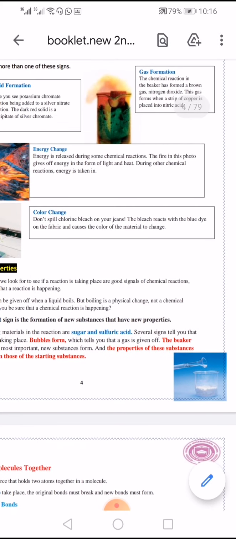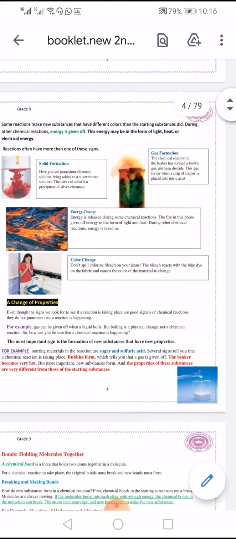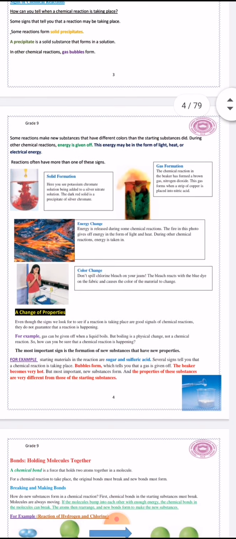Bubbles form, which tells you that a gas is given off. The beaker becomes very hot. There is another sign, but the most important sign is that a new substance forms, and the properties of this substance are very different from those of the starting substance. So I start the reaction with sugar and sulfuric acid, and the product